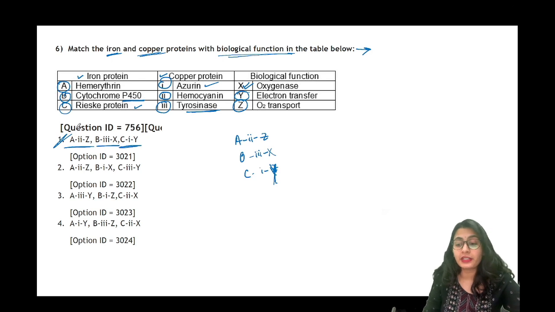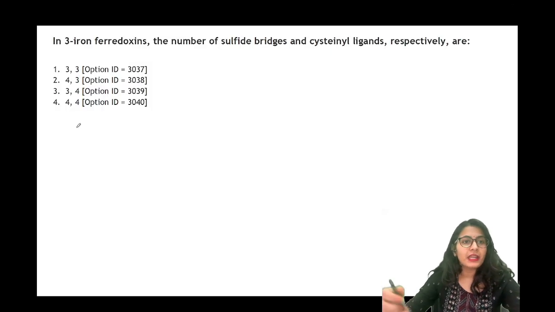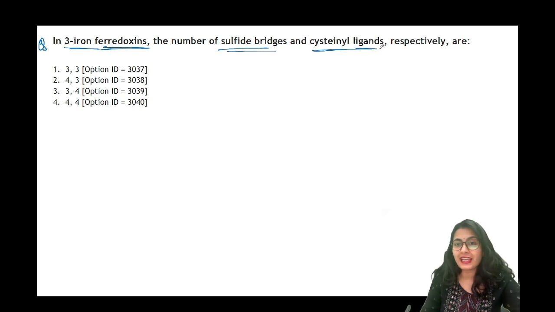I hope that you got it because these are small questions from big topics, so you have to remember them. Next question is: in the 3 iron ferredoxins, the number of sulfide bridges and cysteine ligands respectively are. Again, stop the video, do it by yourself. 3 iron ferredoxin. So what could be in a 3 iron ferredoxin? It could be